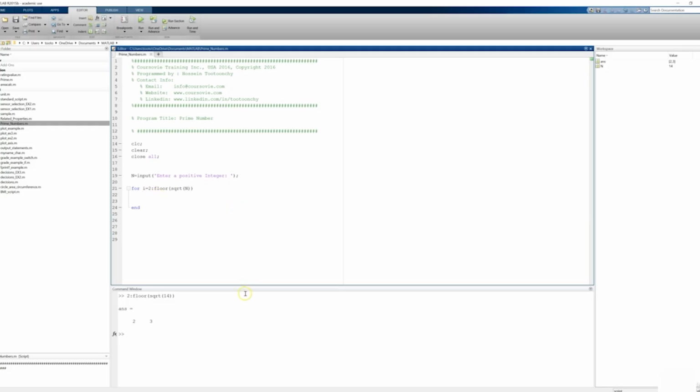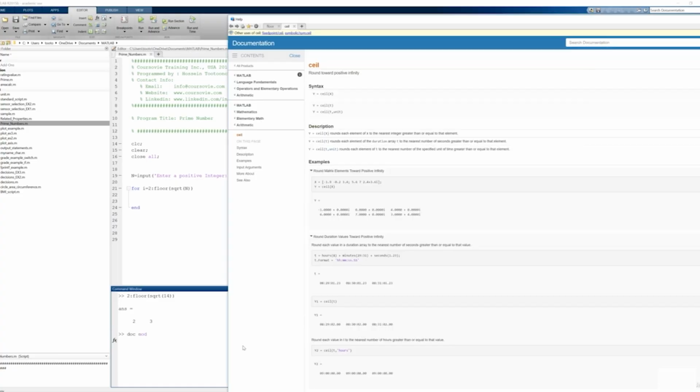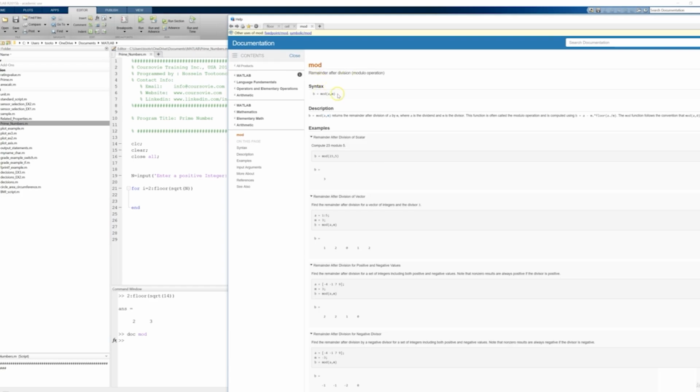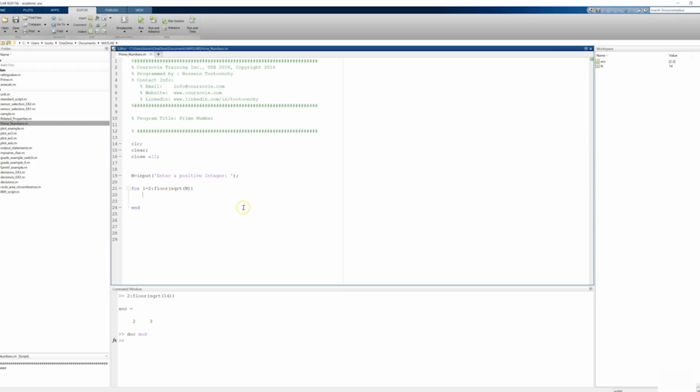So there is a function in MATLAB called mod, doc mod. All it does is mod a and m, so it gets 2 input arguments, and then returns the remainder after division of a by m. So it will divide a by m and then show the remainder. That's all we need. So in here we say if mod of what number? If mod of n and i,